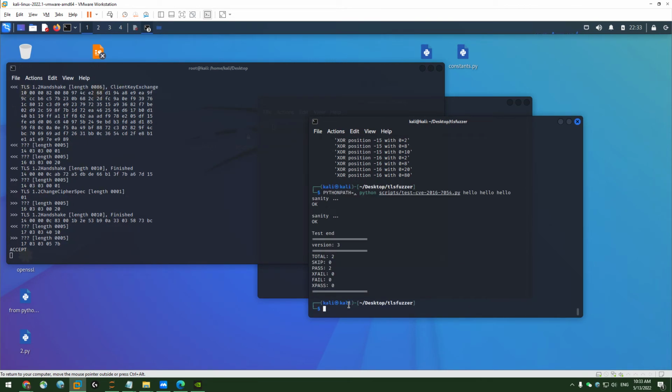The server did not crash, however, but if we run the script again with no parameters,